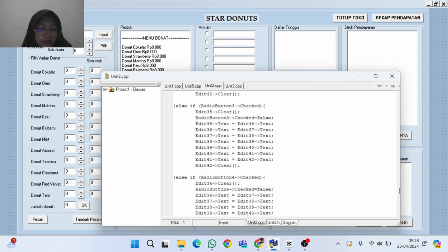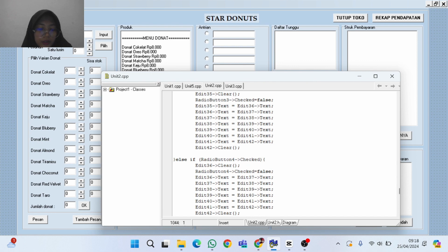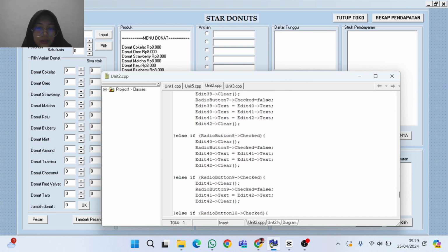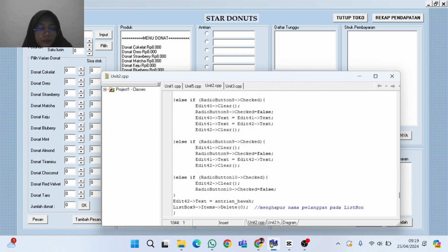Here is the source code to delete the name of the customer on the waiting list. If the queue is updated, then the name on the waiting list will enter the queue list.